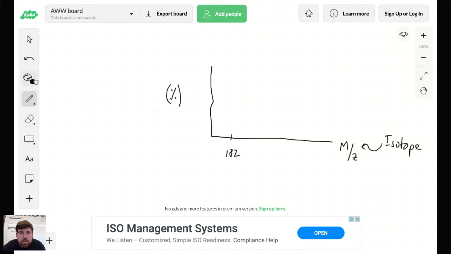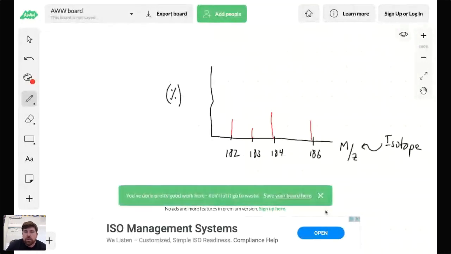I'll change my colors here. 182, 183, 184, and 186. We'll jump up for that one, 186. I'll change my colors up here. So about a quarter of the way up, we're going to have 182. Tungsten 183 is about 14%, so a little bit lower. 30% is tungsten 184. And last but not least, about the same height as the first one, you're going to go ahead and get